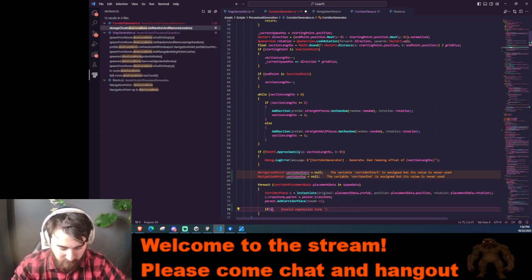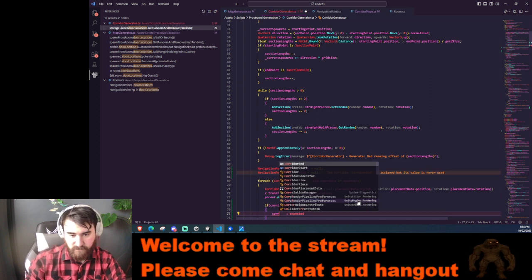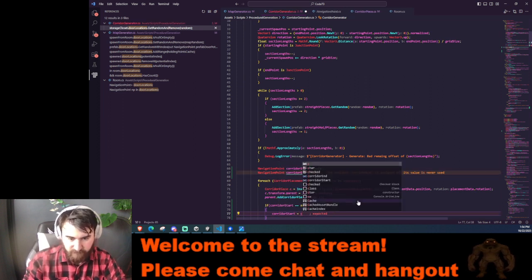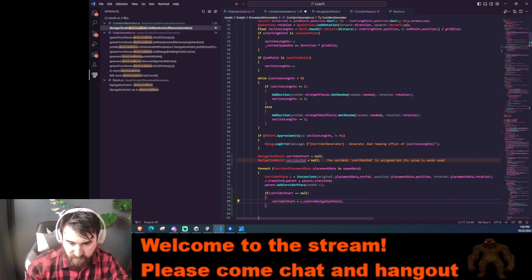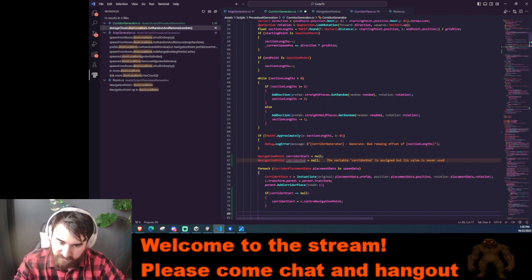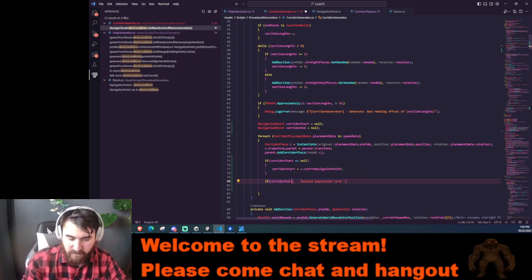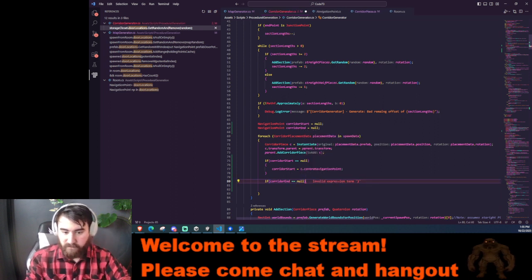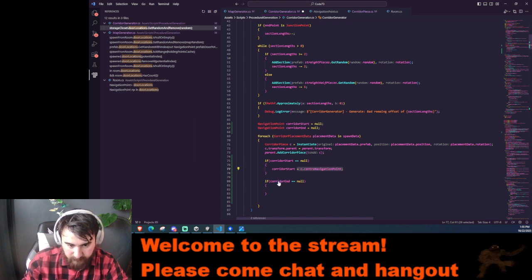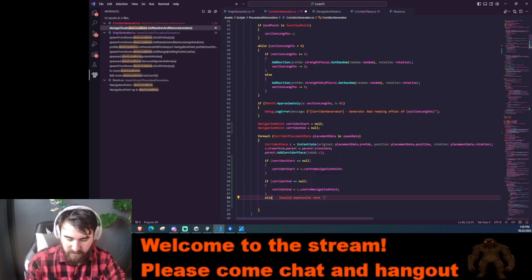So if corridor start equals null, I'm going to set corridor start to be equal to C dot center navigation point. And then that's it. So once it's set, it doesn't occur anymore. But corridor end, however, if it's not equal to null, I'll do that. I'll do the null situation first. So if it's null, we're just gonna do the same thing. Take, paste, do that. We set. But in this case, we actually do want an else case because we want to have